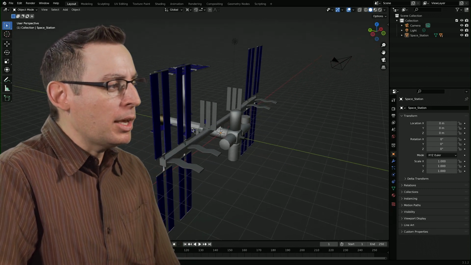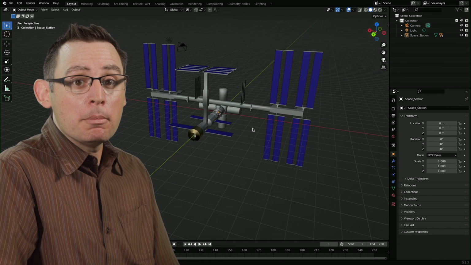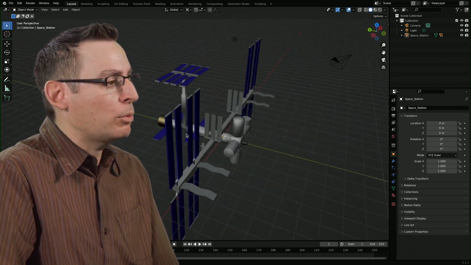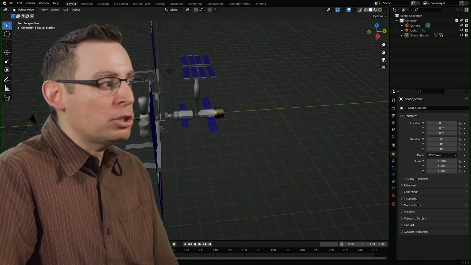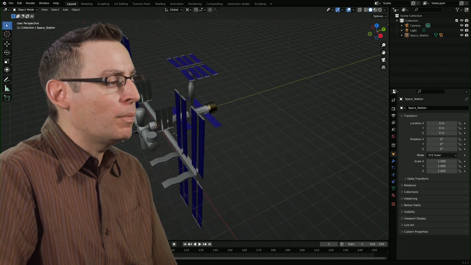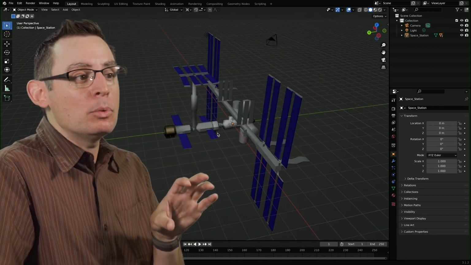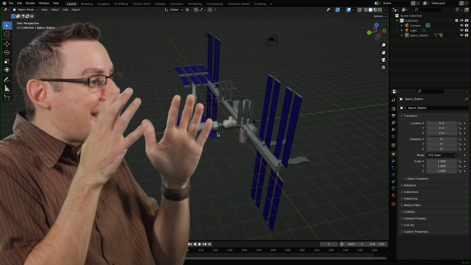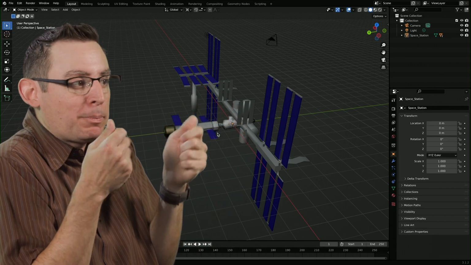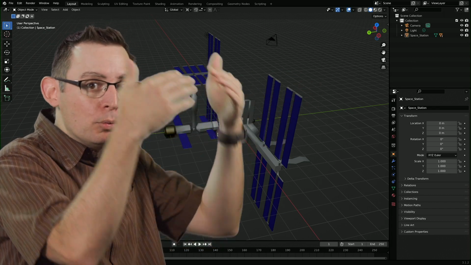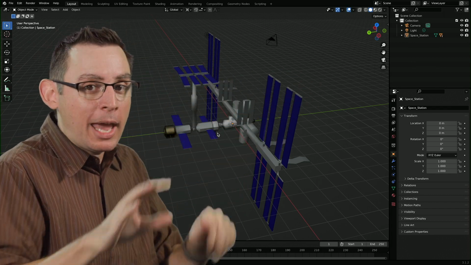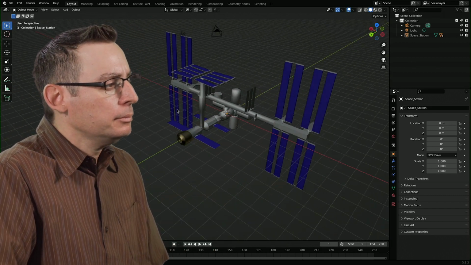So when I do this, by pressing and holding the middle mouse button, and then dragging with my mouse, I'm changing my physical location inside of this three-dimensional space. The space station isn't moving. I'm moving. It's as if I'm inside my spacesuit looking through the glass helmet at the space station itself.